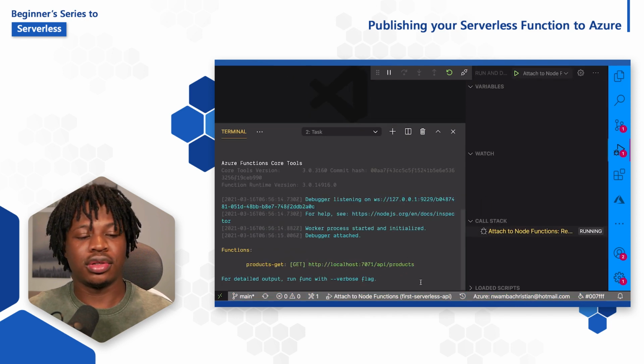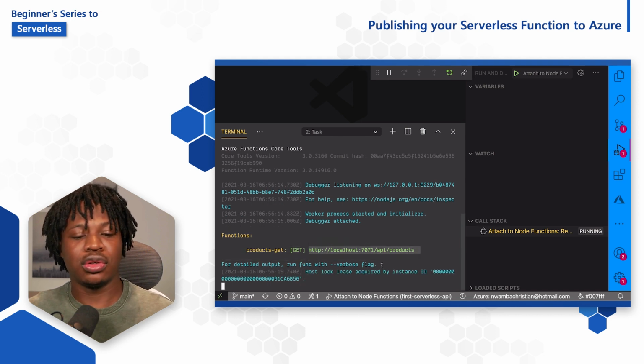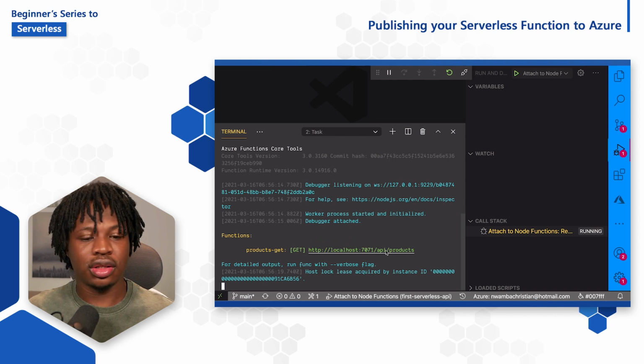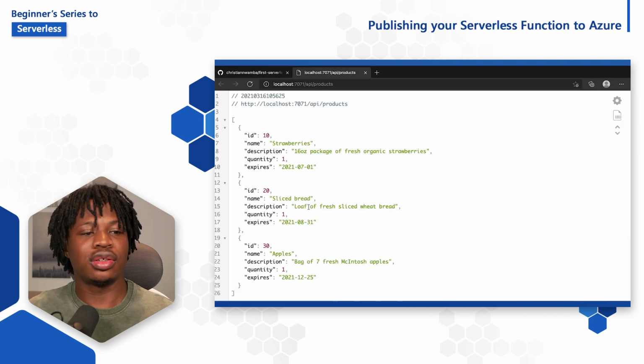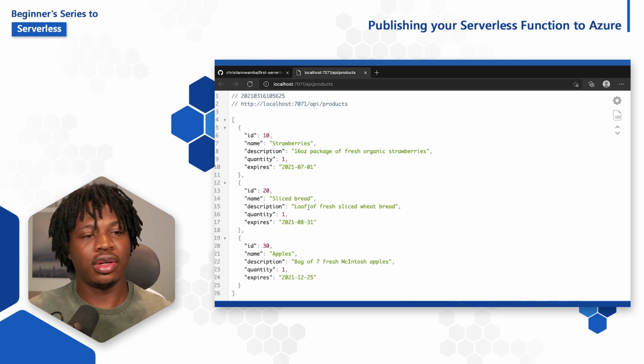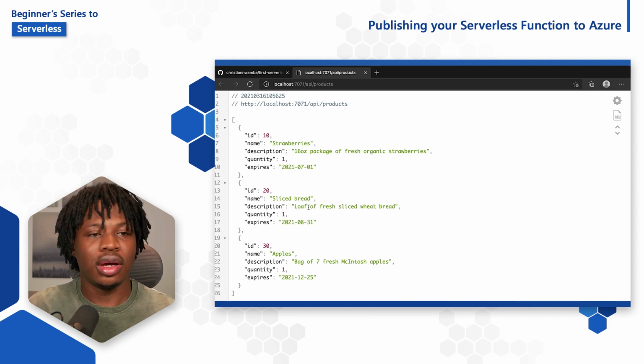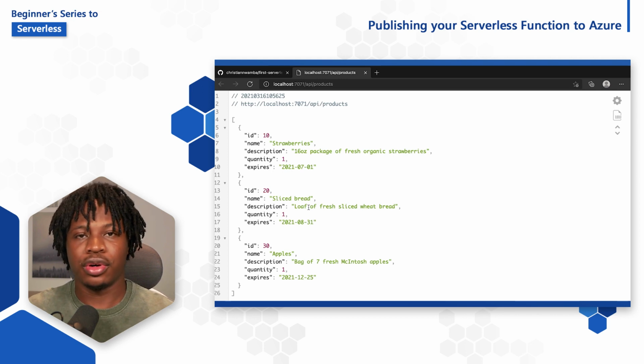After a few seconds, you should see that we have an endpoint to click on and test if our API is actually working. If we click on this endpoint, we get a list of all the products, which you probably have seen in the previous videos while following along with this series. Now this ensures that this repository is in good shape and working, so we can go ahead and start trying to deploy it to Azure.